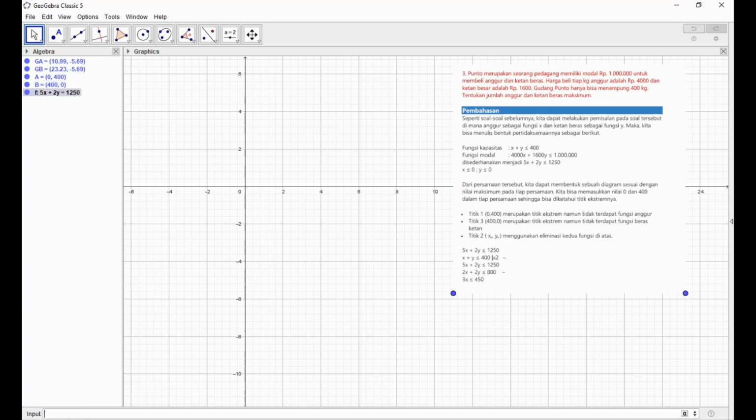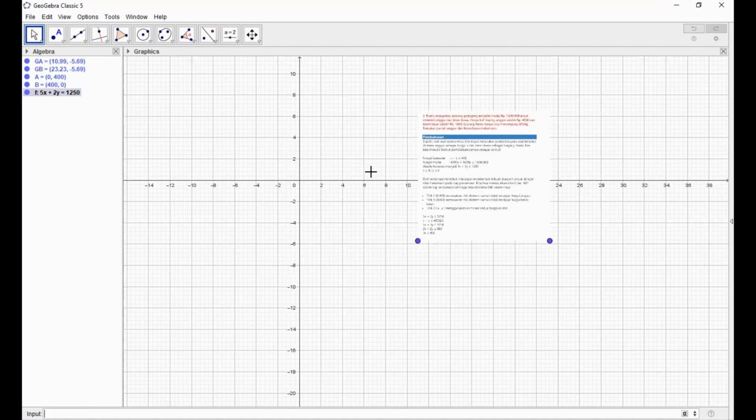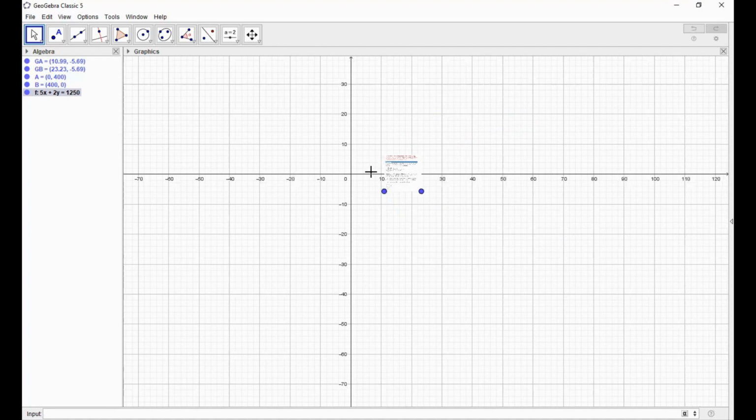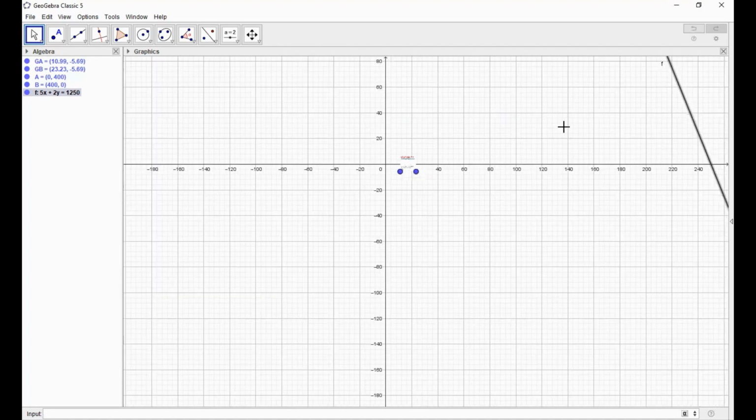Enter. Okay, we don't see anything because it's a very small scale. Let's try. I will show all of you because the result is in hundreds. Now we will see the result.